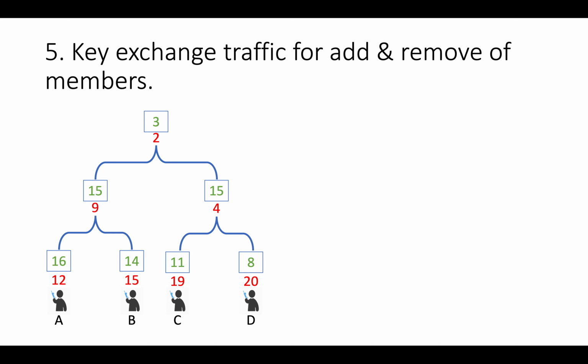Key exchange traffic. In this problem, we have seen that if any member gets removed from the group, then everyone has to re-exchange keys and that will generate n into n-1 traffic to the server. So, what happens in the case of the asynchronous ratchet tree? Just as a hint, it will generate traffic of n. How the asynchronous ratchet tree helps reduce traffic to n, I am leaving to you.